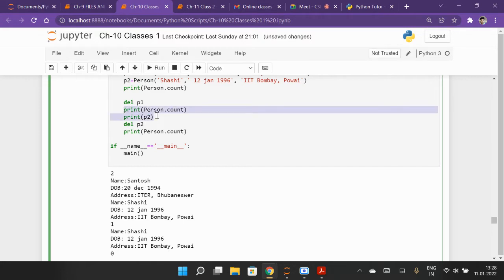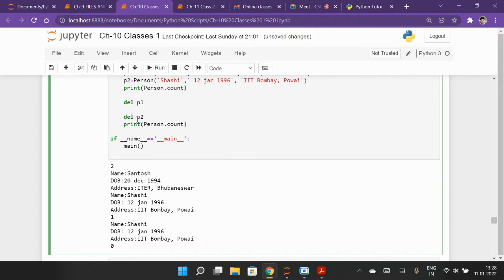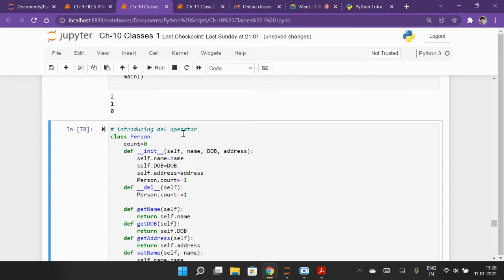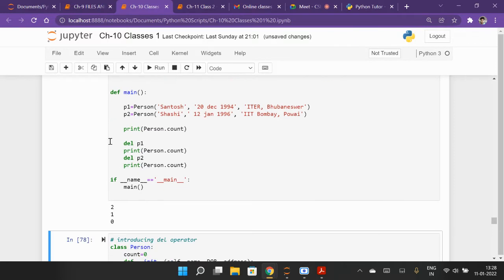We are printing Person.count, then deleted p1, then print Person.count, and then delete p2 and Person.count. If you run it now, you can see 2, 1, 0. This print will give you 2, this print will give you 1, this print is 0.